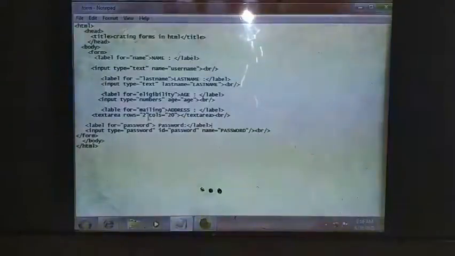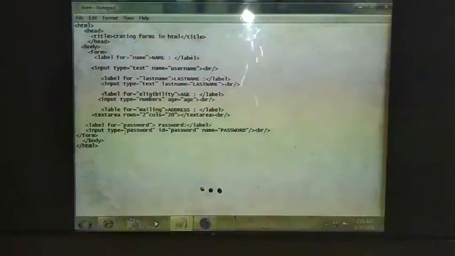For the text area, I am deciding rows 2, columns 20. Text area closed. The next field I have given is the password field. In the password field I have given input type password. This is very important: whenever it is an ID password, this must be given.